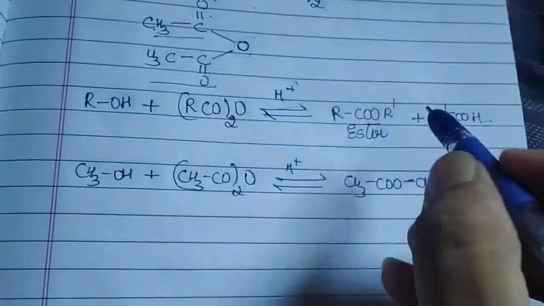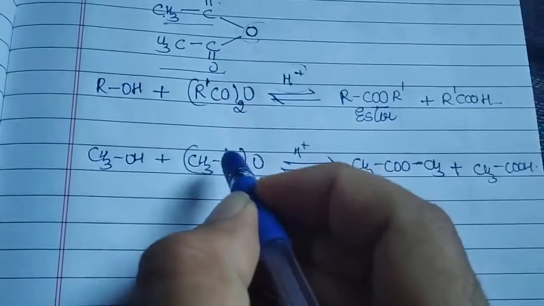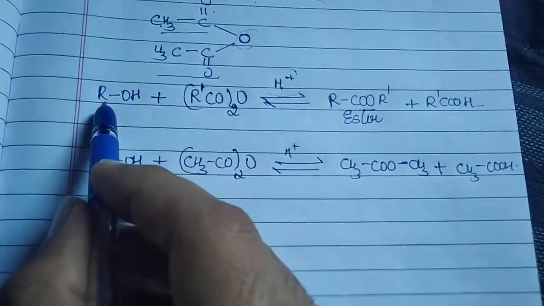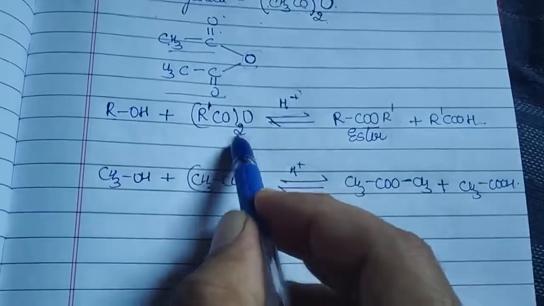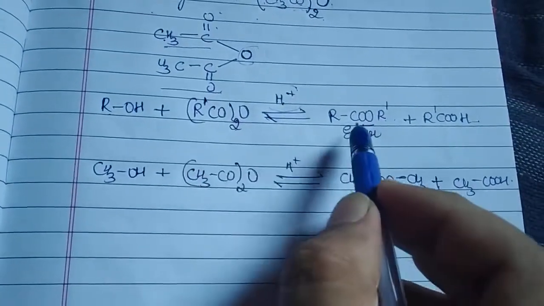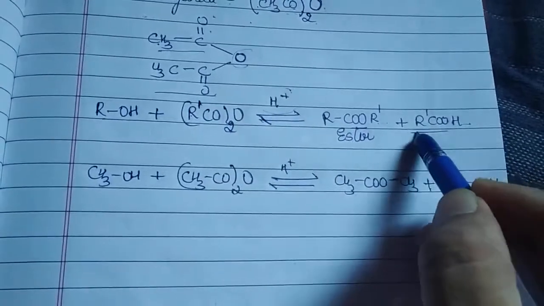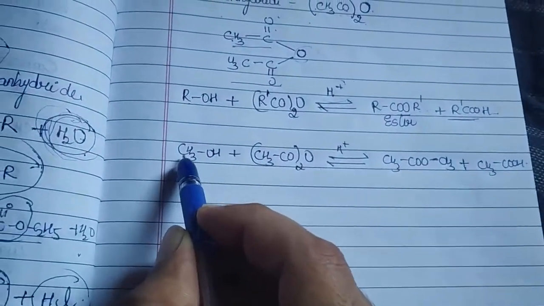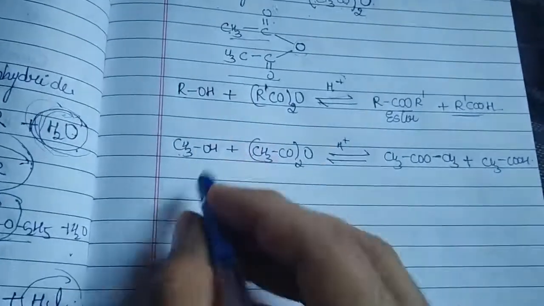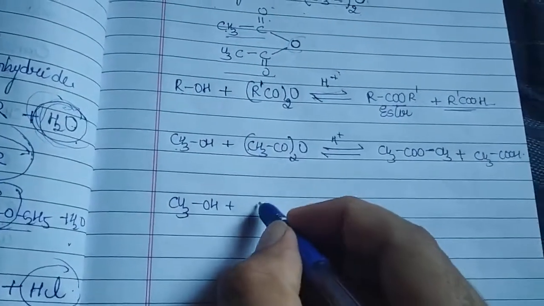Along with that one, what you are going to get is CH3COOH. So why have I written it? It will be more clear if I take it as an R dash. Okay. So what happens? This R and this R, since it is two times, this R itself forms an ester, and also the same R will form an acid. Why am I showing it in this way? Of course, whatever I have used was both CH3 and CH3. So when it comes in this way now, CH3OH plus